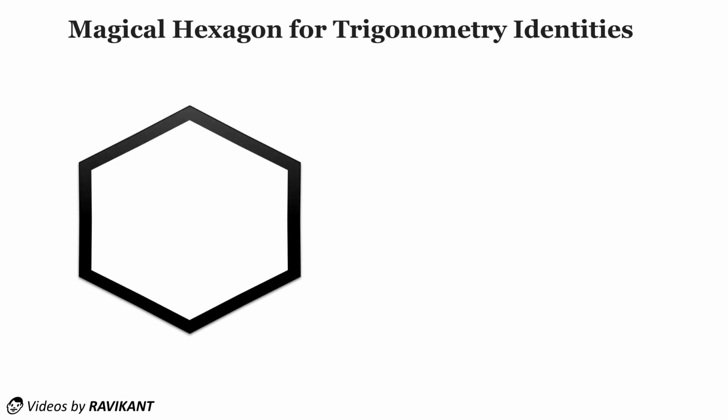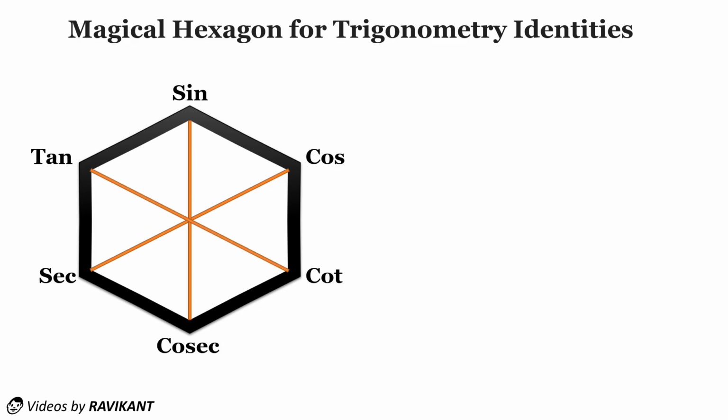First, let's see some trigonometrical identities. So this is our magical hexagon. Let's give some trigonometric ratios named sine, cos, cot, cosec, sec and tan to the particular corners around the hexagon. You have to remember this hexagon as it is so that you can perform some tasks. Now join the opposite corners to each other and put one in the center. So finally we have made our magical hexagon that will help you to learn the outstanding concepts that you might learn in your entire life.